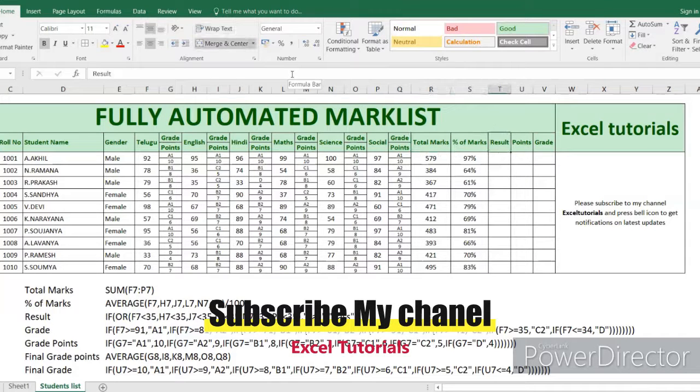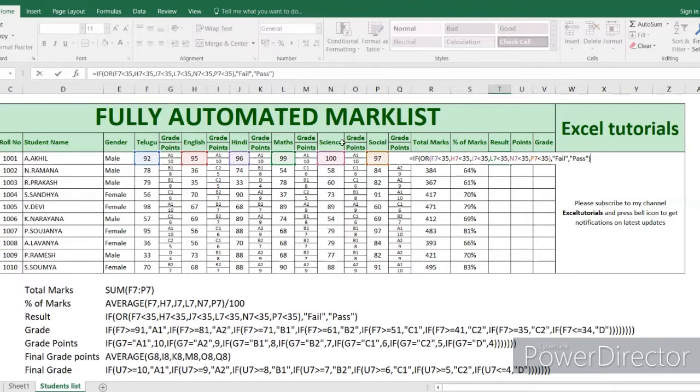So the formula here is equal to IF, bracket start, OR. If the marks in Telugu are greater than 35, and the same way all subjects are greater than 35, then only he passed or else failed.